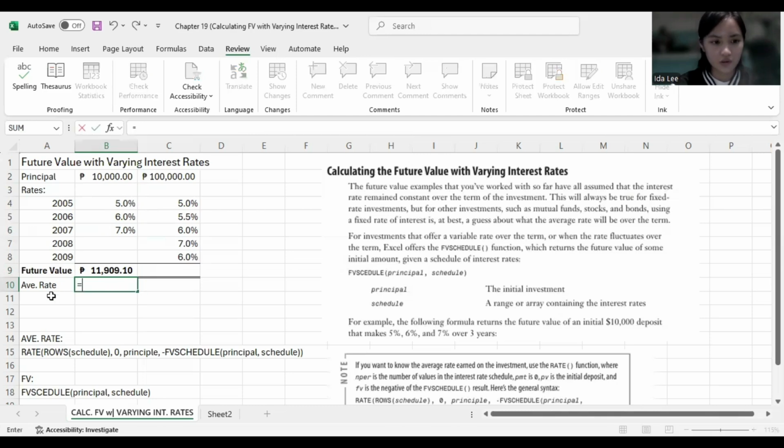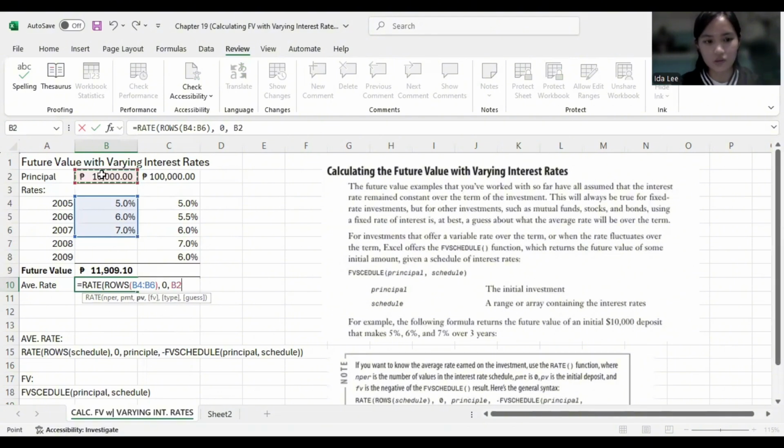Now to calculate the average rate, so we get this equal sign, type in rate, open close parenthesis, and then ROWS, another open close parenthesis again, your schedule over 3 years from again 5% to 7%, close parenthesis, your comma, zero, your principal of 10,000 pesos, then negative sign, that means FV schedule, principal of 10,000, and your schedule over the 3 years, close parentheses,